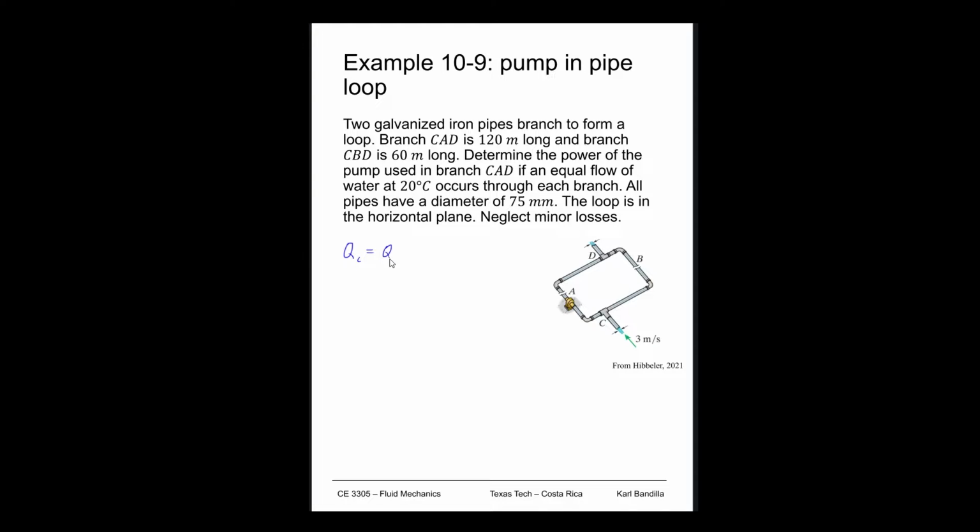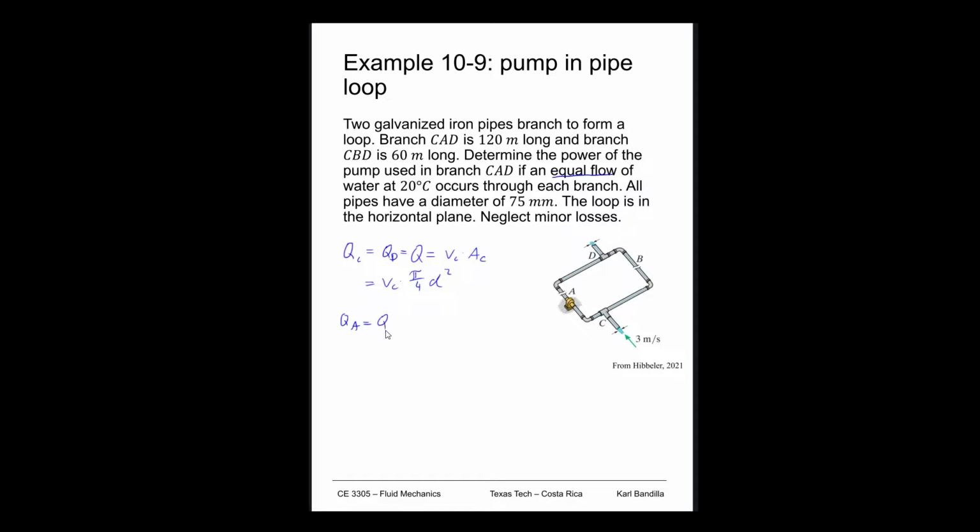QC is equal to QD, which we'll just call Q, is VC times AC, which is equal to VC times pi over 4 times D. Well, we don't have to really say DC because it's the same everywhere, so it's called D. Now we also know that QA and QB are supposed to be the same, right? Equal flow. So we can say